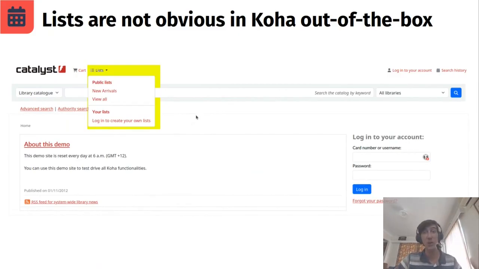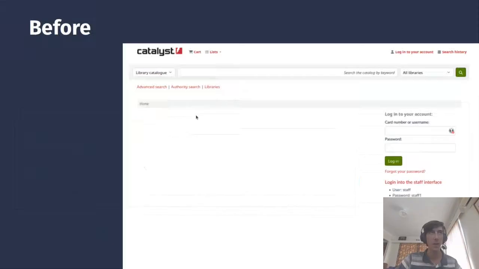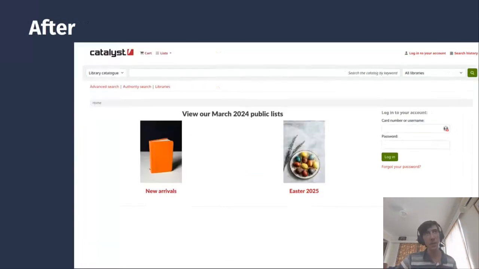Well, I'm going to go for an example of what you can do to make this obvious. So this is what the OPAC looks like before. We're going to do a before and after here. So this is what it looks like before, and this is what it looks like after. Rather than just having the lists drop-down, which is still there, that doesn't disappear, what I'm doing is making it really obvious when our library users get to the OPAC, they're going to see